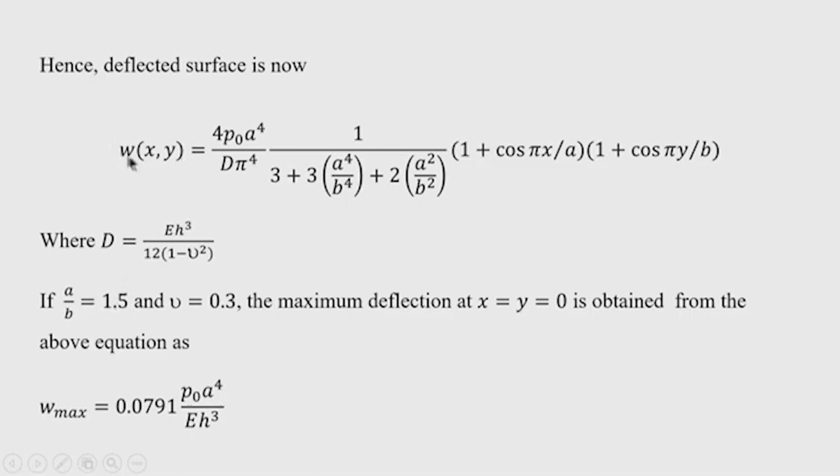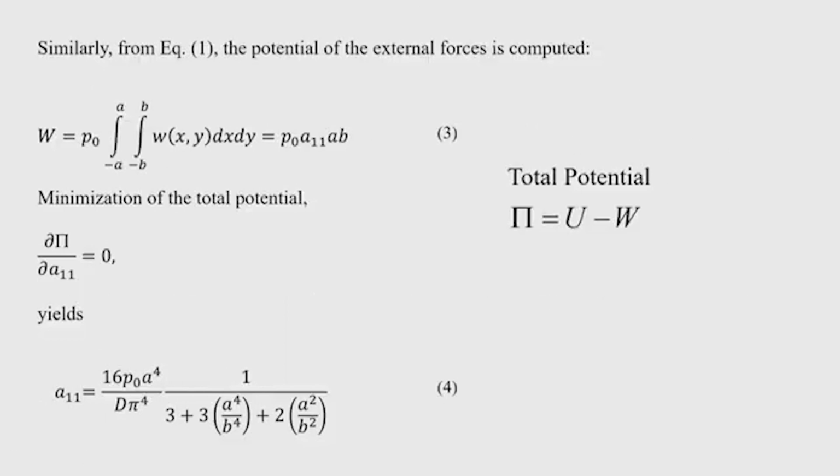We can express now w is equal to 0.0791 p naught a to the power 4 divided by E h cube. Of course, the D term has to be substituted by E h cube divided by 12 into 1 minus mu square, and in place of mu you substitute 0.3. So, this is the result that has been found for the deflection of the clamped plate subjected to uniformly